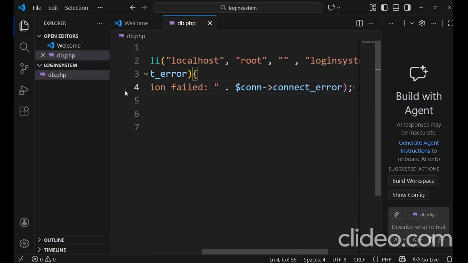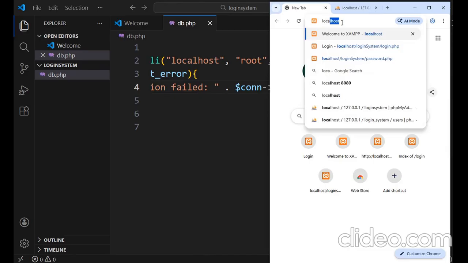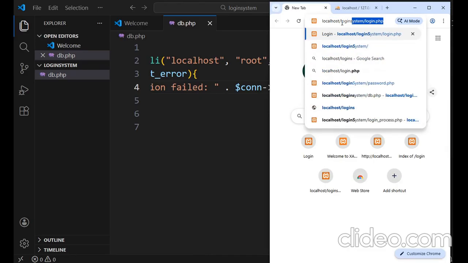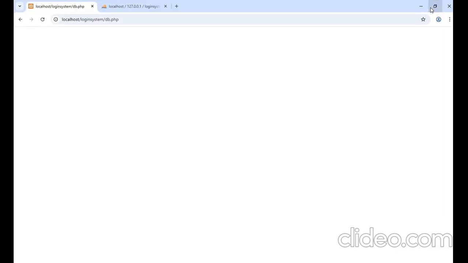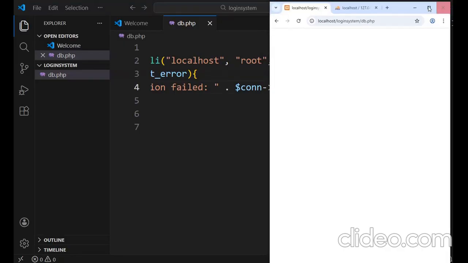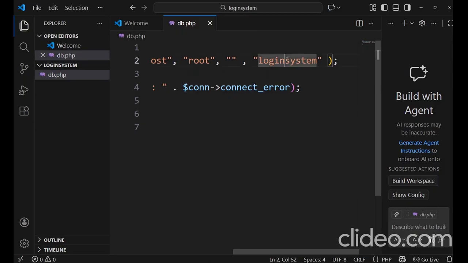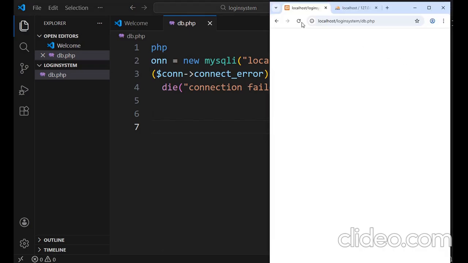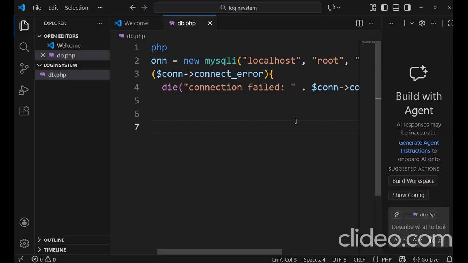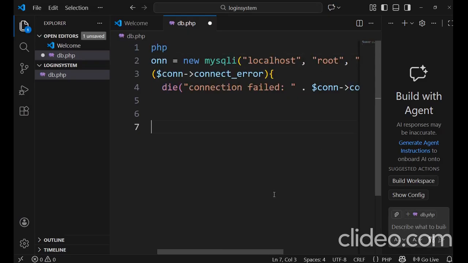Okay, now we'll check. Localhost login system db.php. Yes, connection successful. Now if anything is wrong at the DB level, suppose any mistake in the DB, we will get an error. Okay,